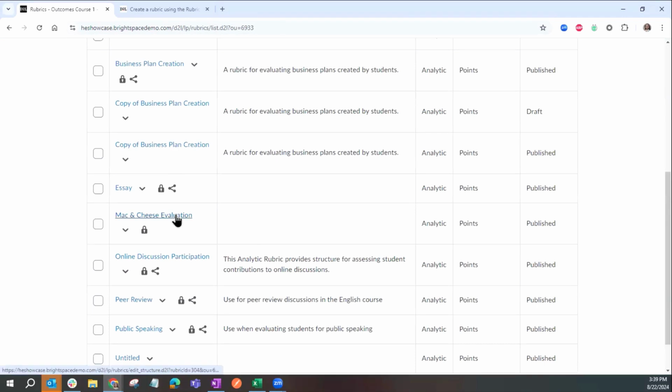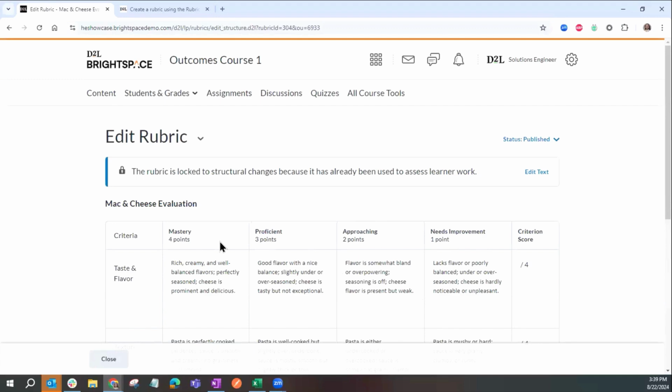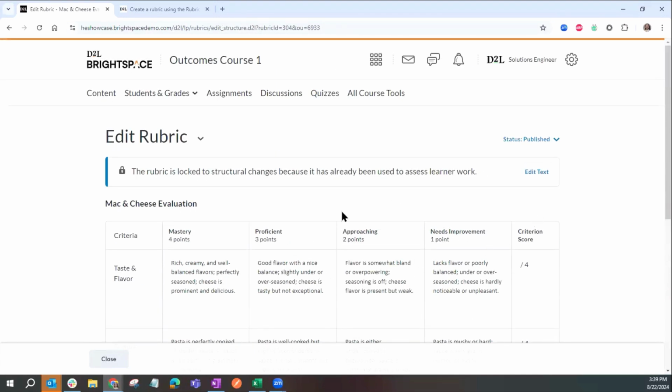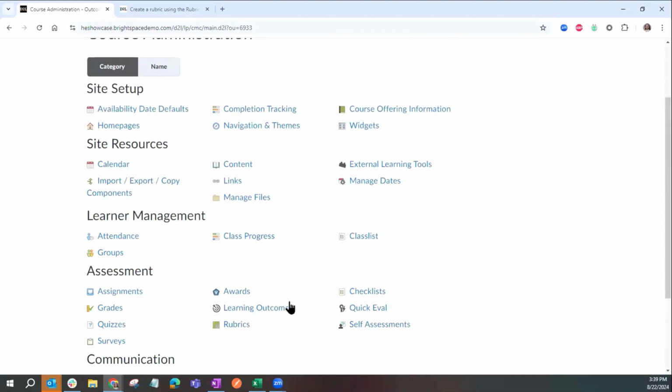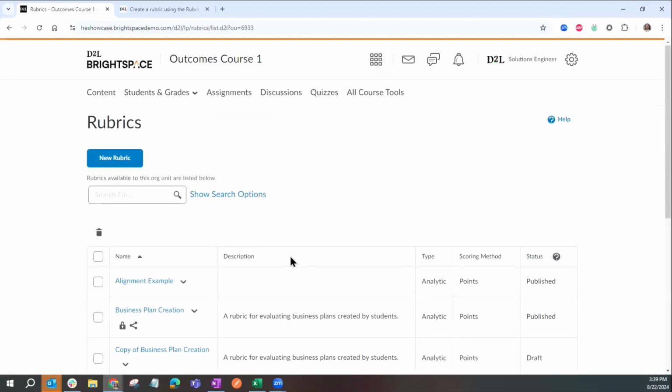Here we've got the mac and cheese one that I've set up. So if we go in here, let's create a new one. I've already used this one, so let's go back and create a new one. If you've already used it, you can change some of it, but you can't change some things, like you can't add outcomes to the criterion. So we'll do a new rubric,